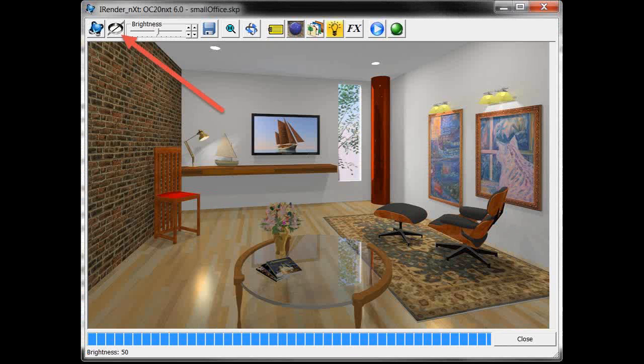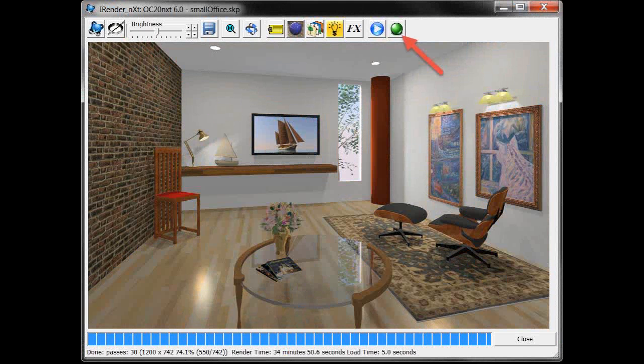Again, what I'm hoping that you'll catch on to is that when you create a rendering, and let me see if I can get back to, here we go. So this rendering, if you look across the bottom of the screen, was completed in 30 passes. That's actually not very many. If we let it go longer, the quality of the rendering would be even better. And the rendering took 34 minutes. So that's not a lot of time, but I believe you'll agree that a rendering that took 34 minutes to complete,